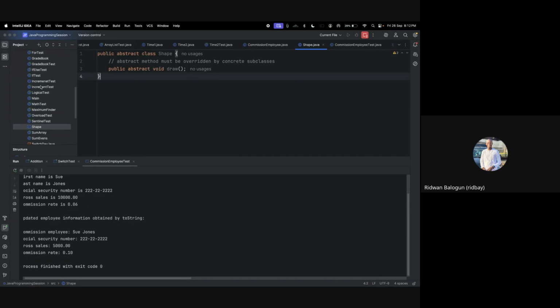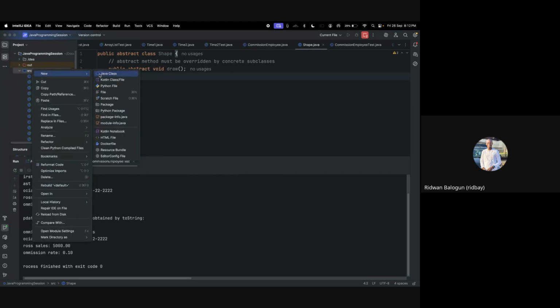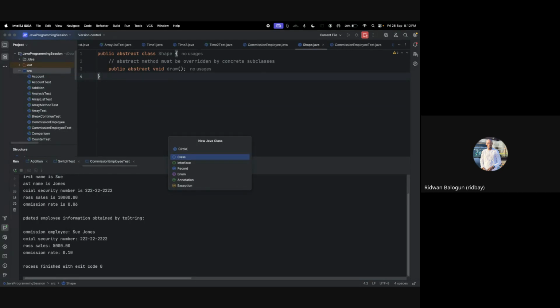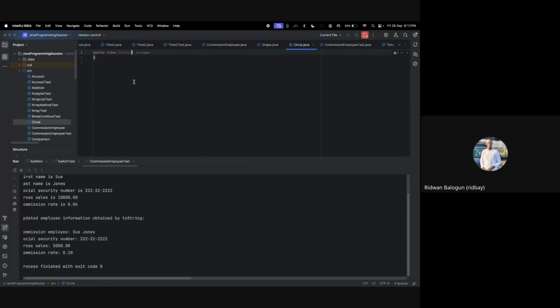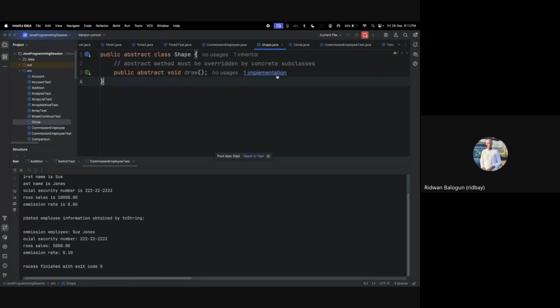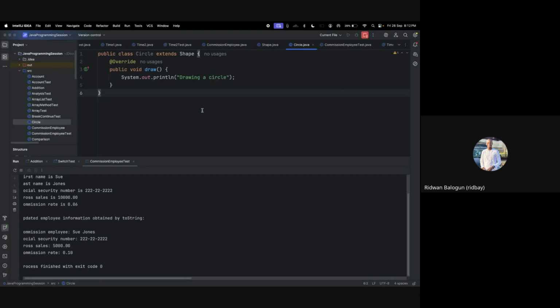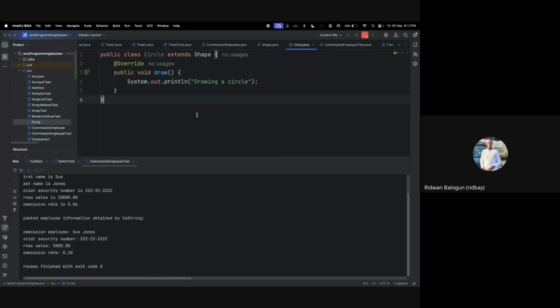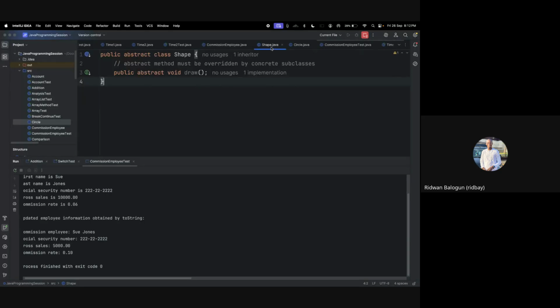So we have a shape. Then let's create a circle. Inside this circle, we can now test things out. So you can see we have a shape, which is this, and we have this. So what is happening here? Inside this shape,